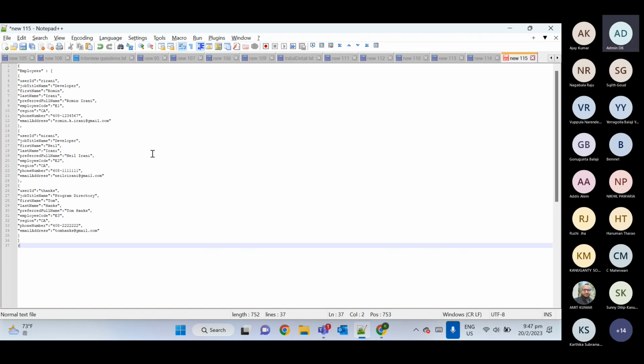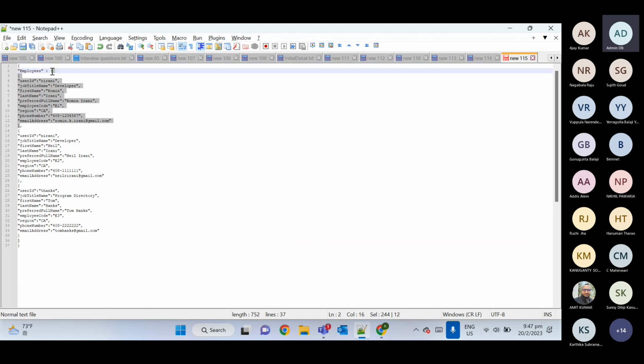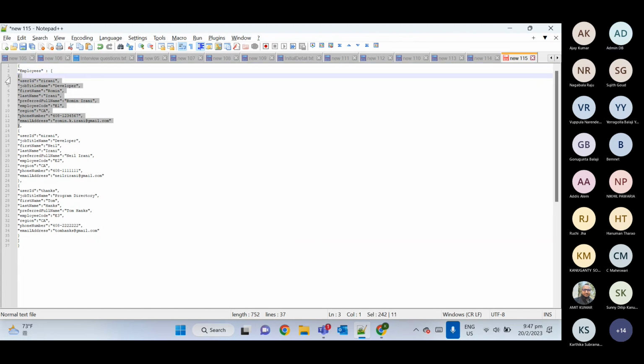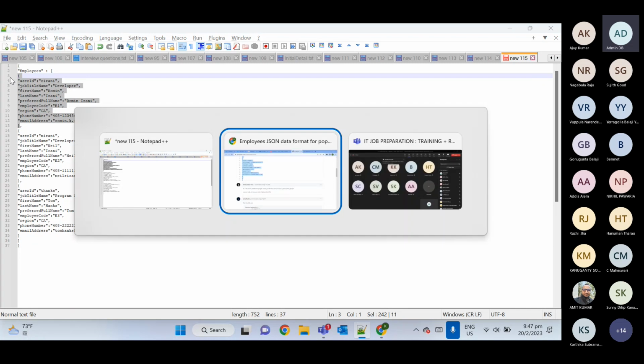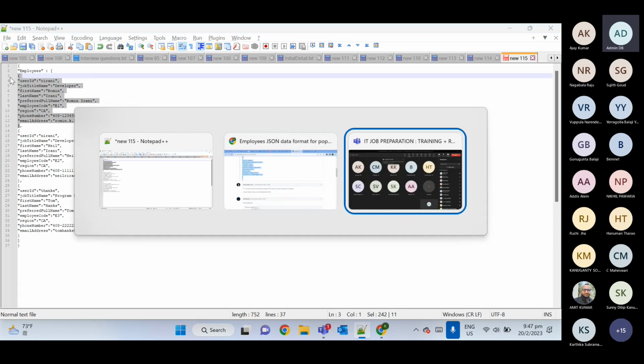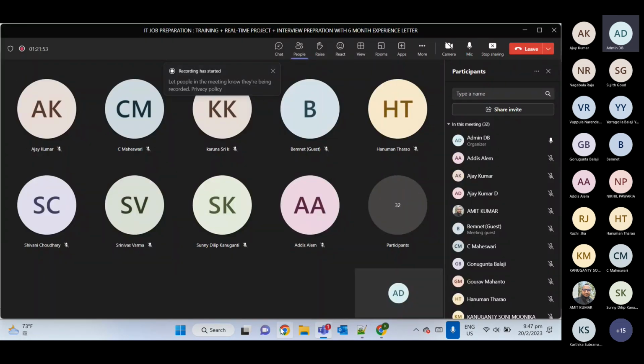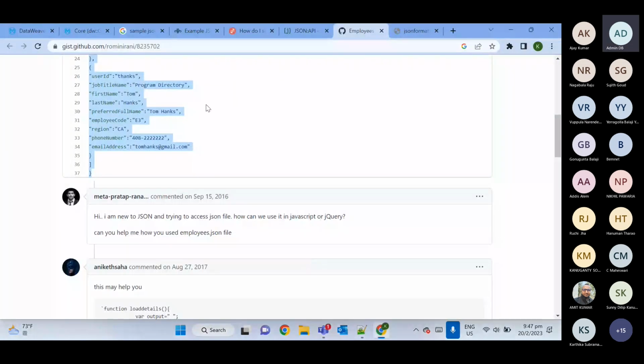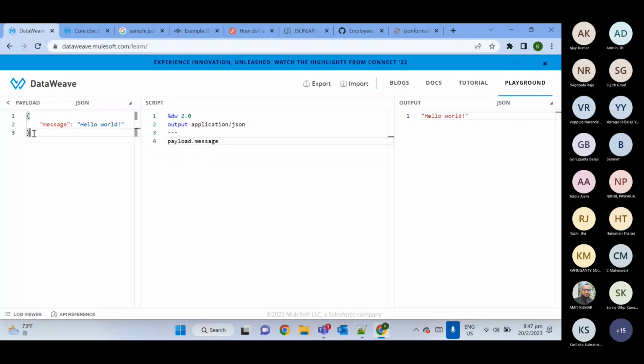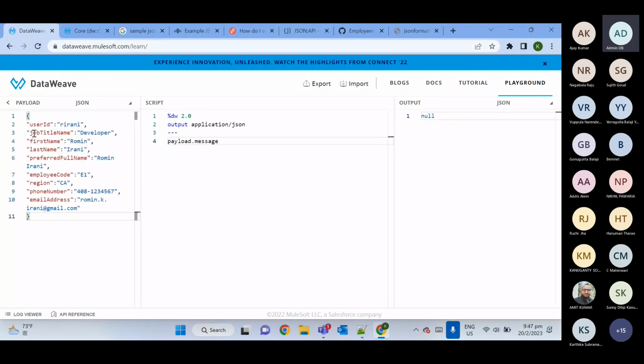So we have this sample JSON payload, and for now I'm taking this JSON object. To do a small recap, let me ask a few questions and then we'll continue with our session. So this one is our request payload, and as a response,